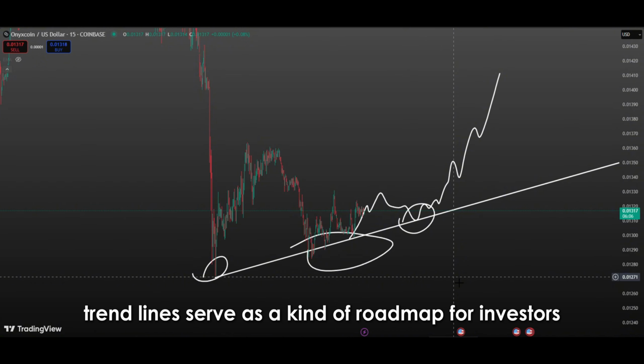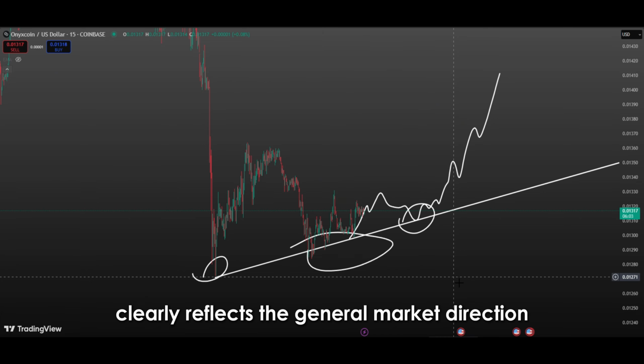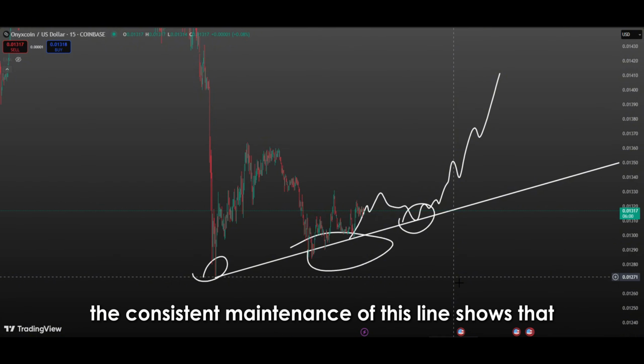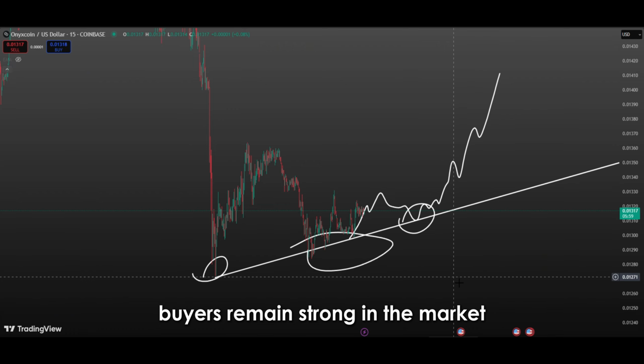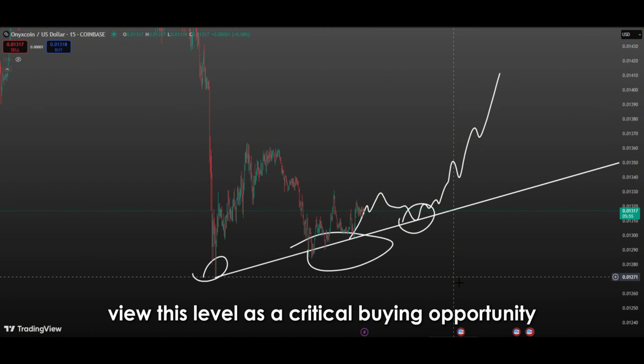Trend lines serve as a kind of roadmap for investors in technical analysis. An upward trend line clearly reflects the general market direction, investor psychology, and the balance of buying and selling. The consistent maintenance of this line shows that buyers remain strong in the market and that pullbacks are limited. Especially when volume increases as the price approaches this line, it indicates that investors view this level as a critical